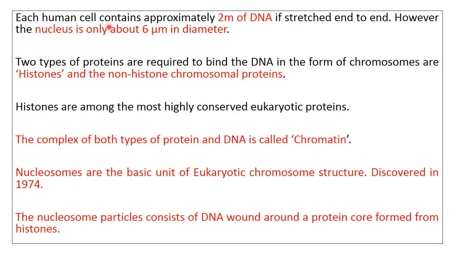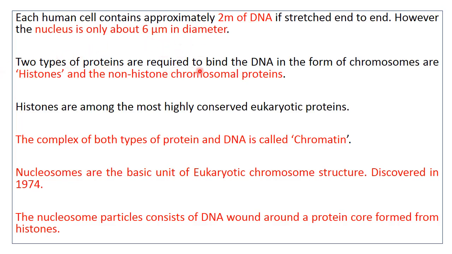As you know, every human cell has a total of 46 chromosomes, and if these 46 chromosomes are separated and arranged according to their length end to end, the total length will be 2 meters, and the diameter of the nucleus is sufficiently smaller as compared to the length of the total DNA. So how this much amount of DNA remains packaged in the nucleus is a point of miracle, and it will be discussed.